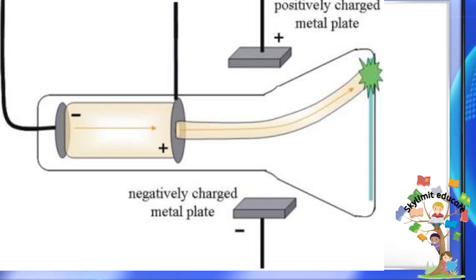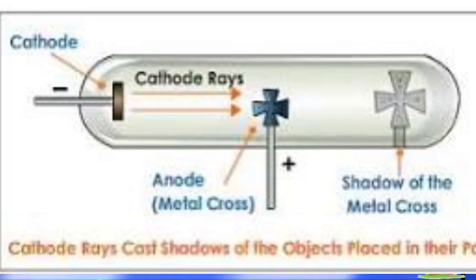In the next figure, students, you can see how the cathode rays were deviated by the external electric field. You can see the two external deflecting plates are kept, one at the top and one at the bottom. So the cathode rays show deviation towards the positively charged plate. In the third image, you can see how the cathode rays were able to produce the shadow of an opaque object which was placed on their path. So with that, we were able to conclude that they travel in a straight line.